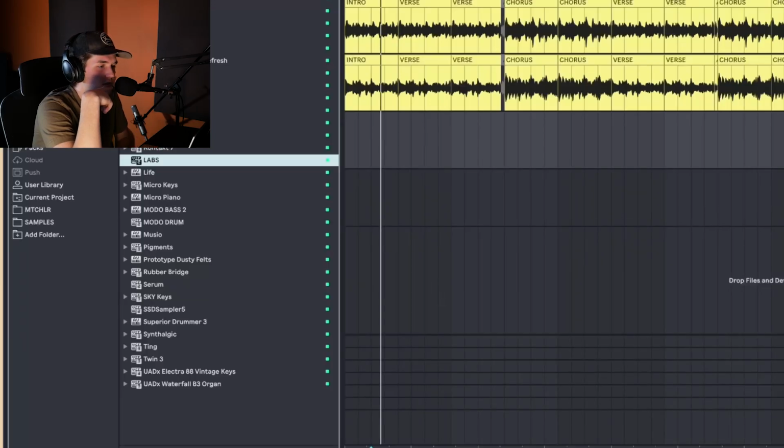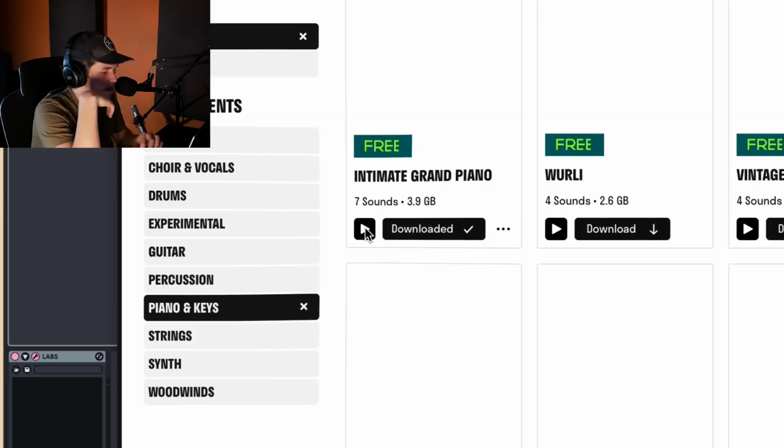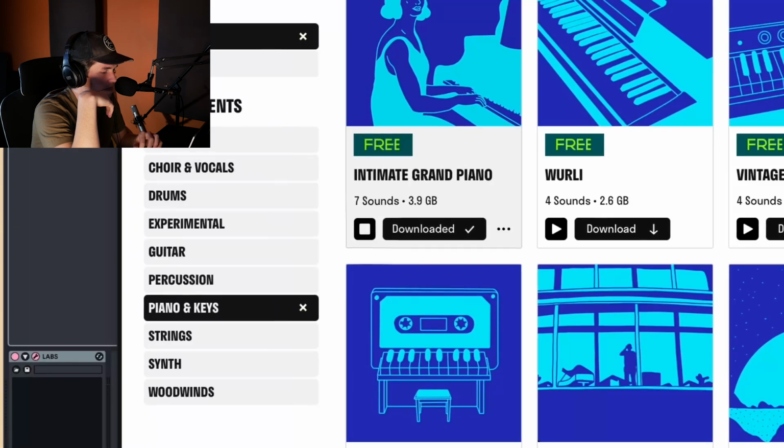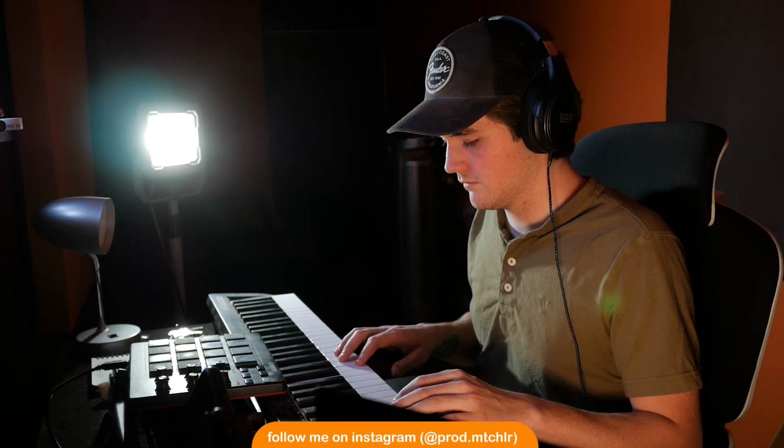Now, something I like to do to add a little more emotion, nostalgia and melancholy into the beats, which is what we're going after because of all the stuff I covered before, is add a nice piano. So what piano do we want to add? I might go with Labs. It's got some nice, soft, emotional pianos in there, and an intimate grand piano. Let's try it. Might be a little too soft, but let's go to dynamic. You know, typical Alan Walker Faded. That kind of typical walk down, which I think will sound good.